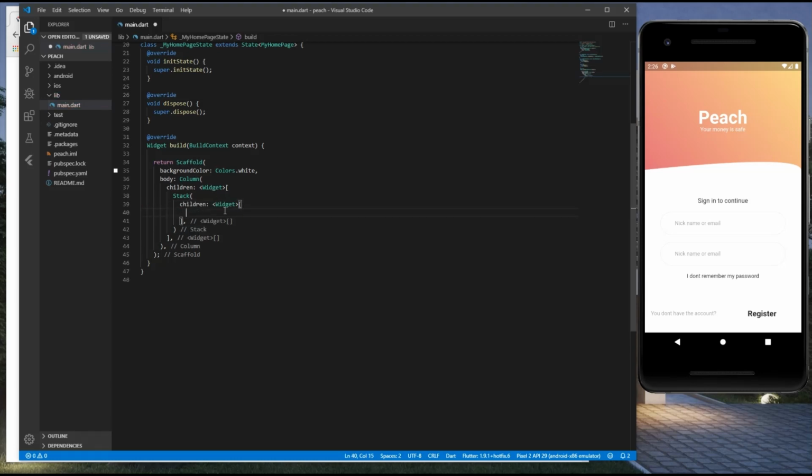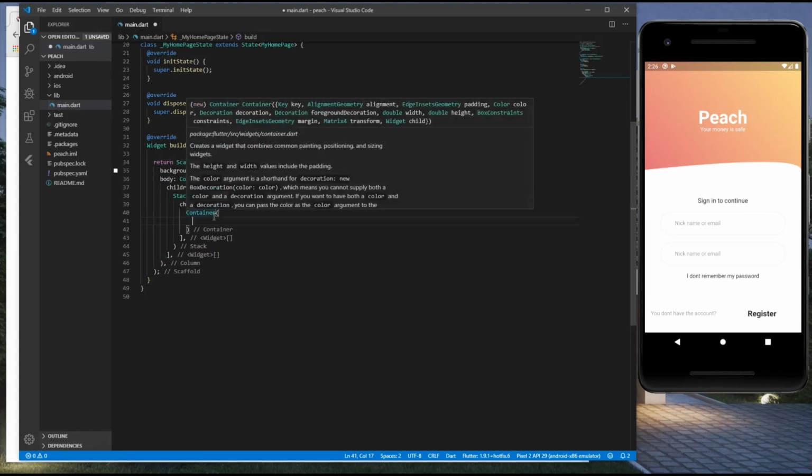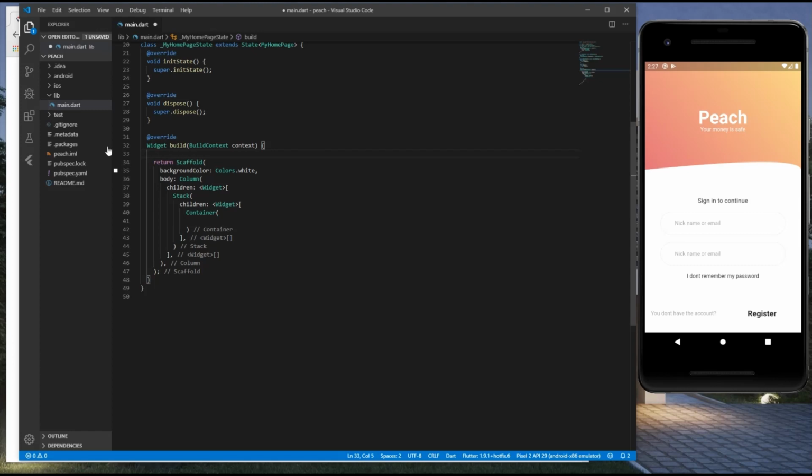Okay, the first element will be the background. So to design the background, I need a container, and inside the container I need to declare a height and width. So up here I need a variable, I call it size, and this size will take care of the height and the width of the app. Okay,